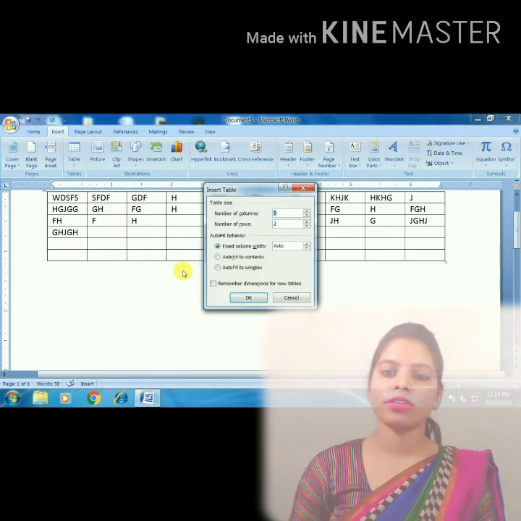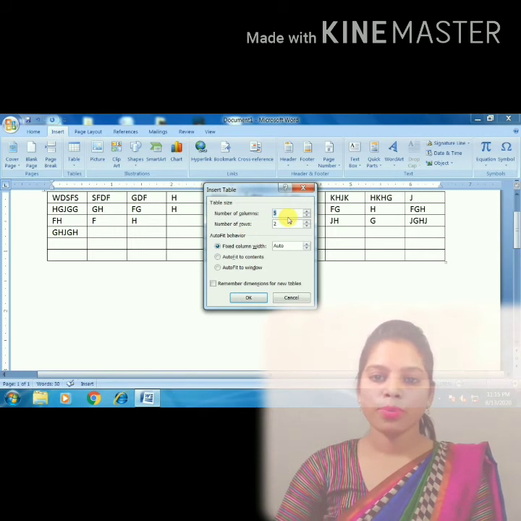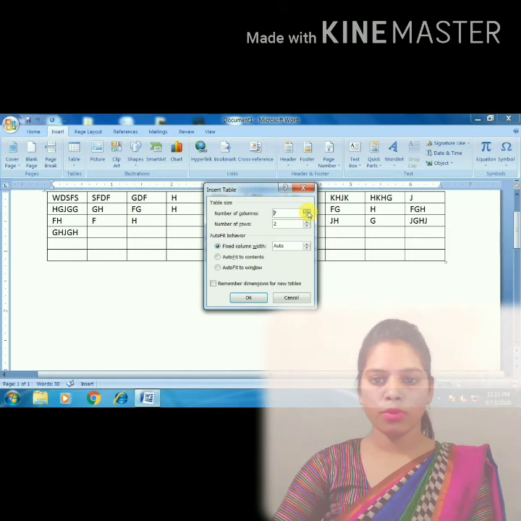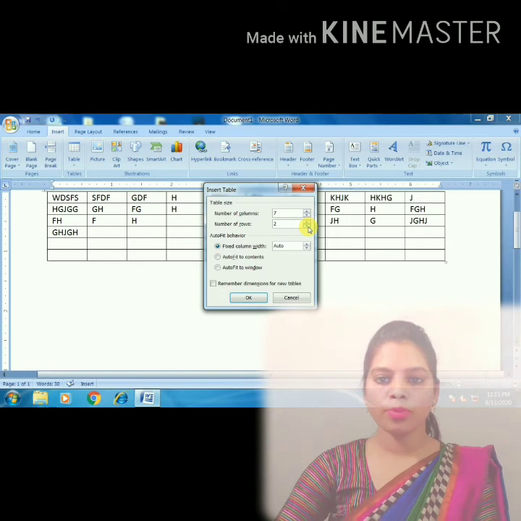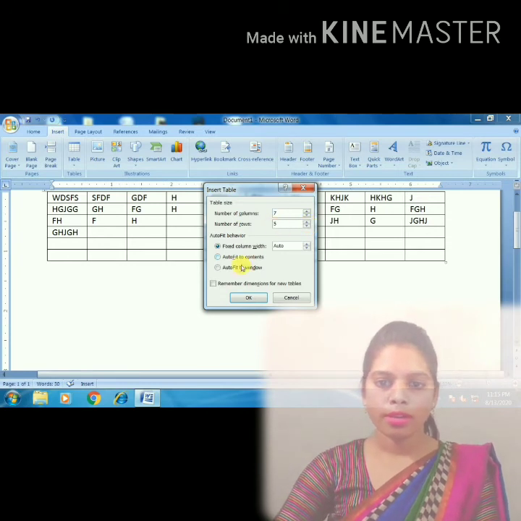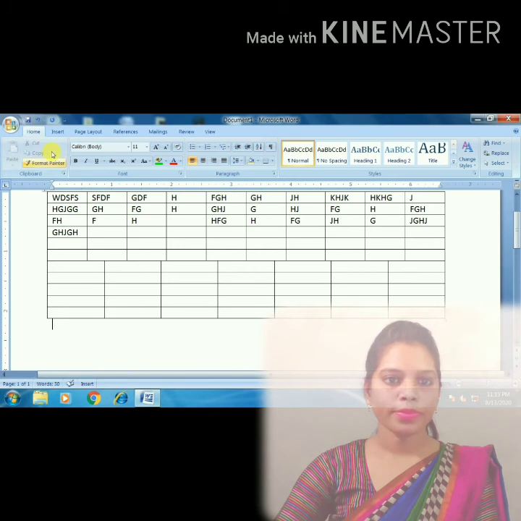When we click on insert table option, suppose you want to insert lots of columns, so give here the number of columns. Suppose you want to insert 7 columns, and we have to give here the rows number. Suppose we want 5 rows, so click here. After then, click on OK. See, this row and column will appear over here.